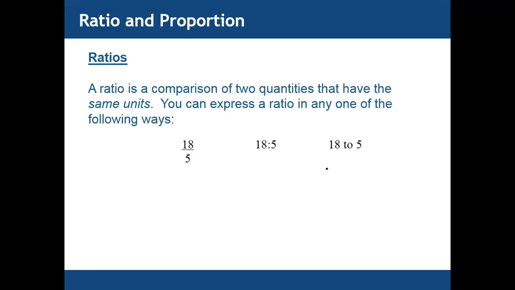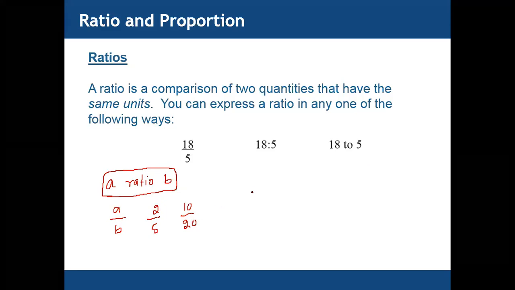For ratio, for example, if we say A ratio B, how can we write it? We can write it in different forms. A ratio B means its quotient, a division form, like A divided by B. Like 2 ratio 5, so 2 divided by 5. 10 ratio 20 means 10 divided by 20. Or we can use the symbol of ratio, A with two dots, A ratio B. So this symbol is for ratio.